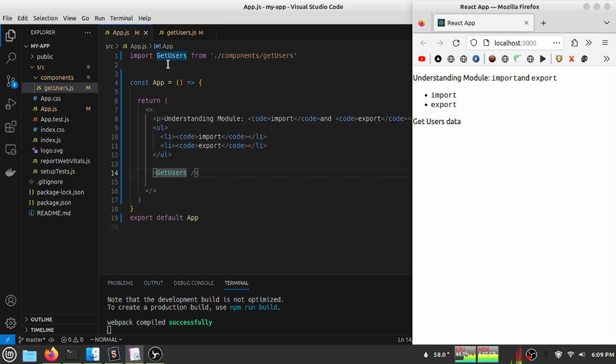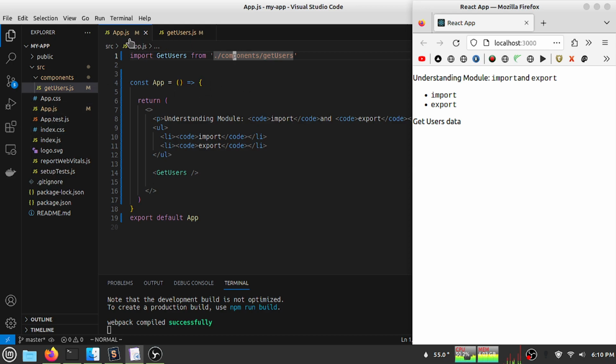When we try to import any module, if that module is created by ourselves, this is called a custom module or user module. So in that case, we always have to use the prefix, a relative path or absolute path for our component file. As you can see, I am using that ./ then my folder name, because I am currently